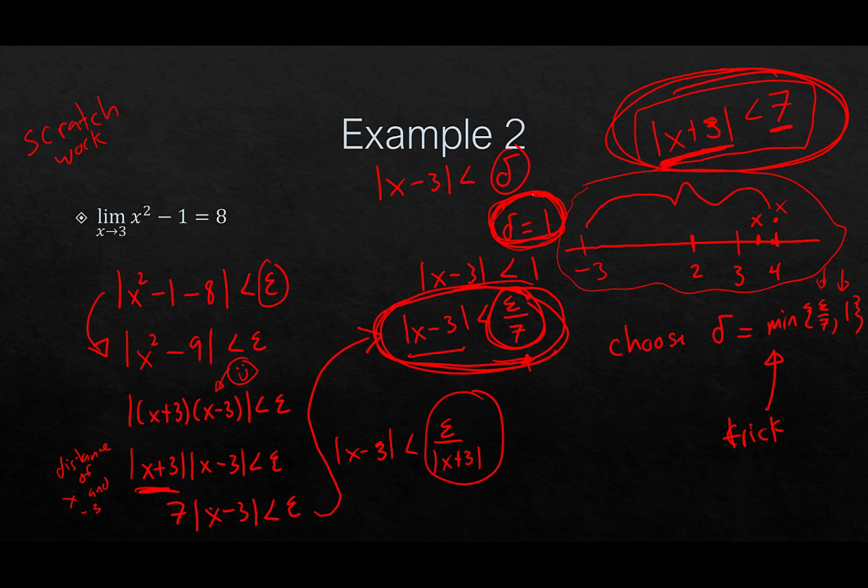You could have picked, let's say, delta equal to a half, or delta equal to 0.1, or delta equal to 0.00001. And that would have adjusted your delta here a little bit. So there is a little bit of arbitrariness here. I picked 1 because it was an integer, and it's the smallest positive integer that we have, other than 0. In any case, this is the delta that we want to pick. So now let's write up the proof.